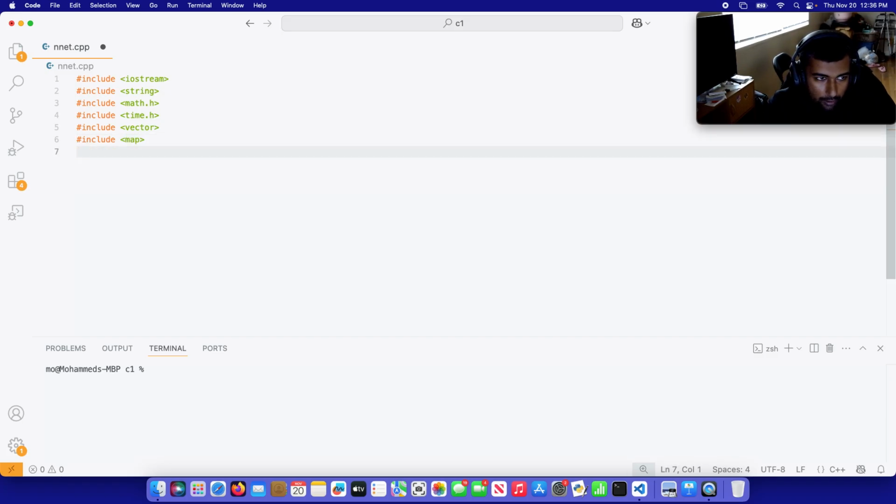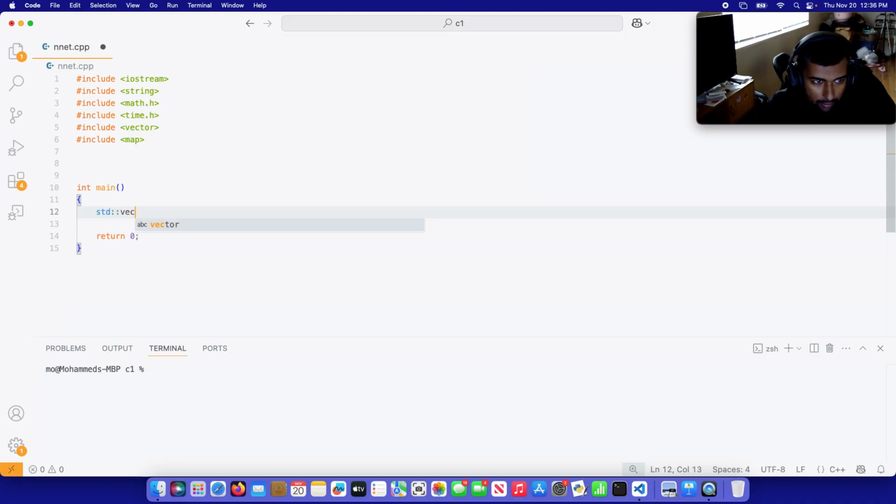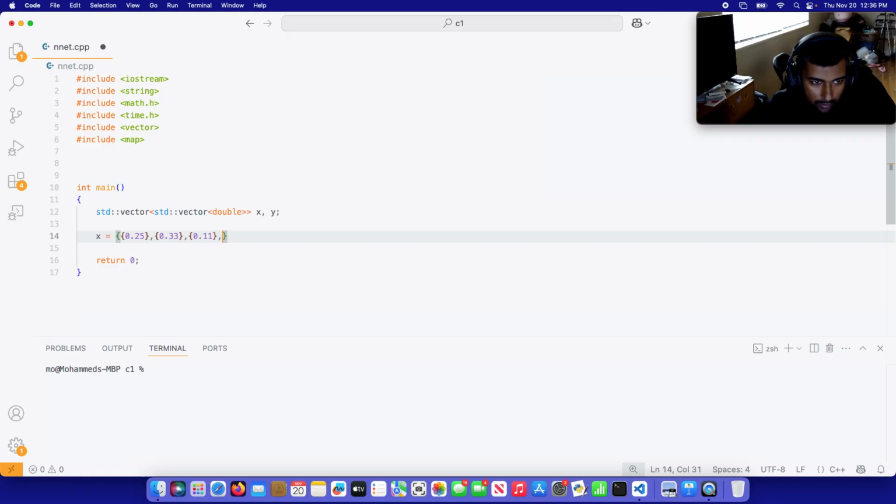Okay, so I'm going to define int main, return 0. So let me first start off by declaring a 2D vector double. I'll call it x and y. So x is going to be 0.25, 0.33, 0.11, 0.77, 0.42. Okay. I'll add one more, and then I'll make this